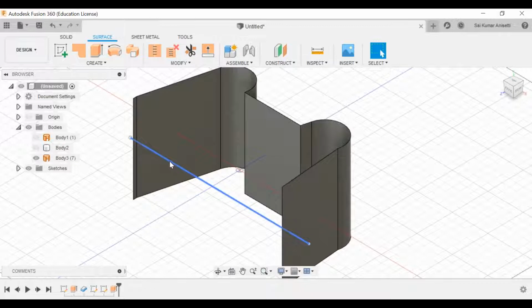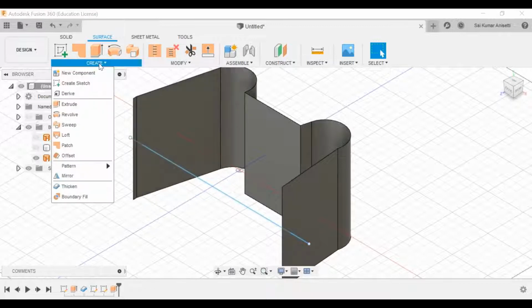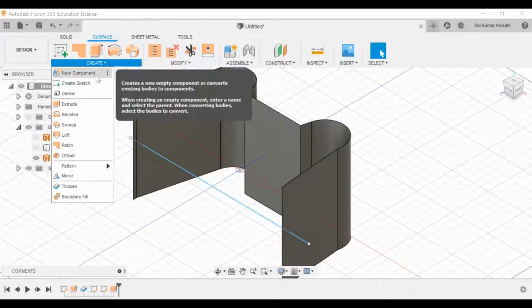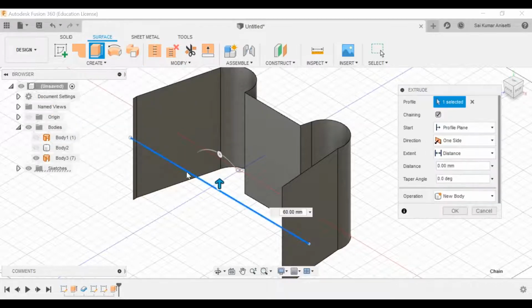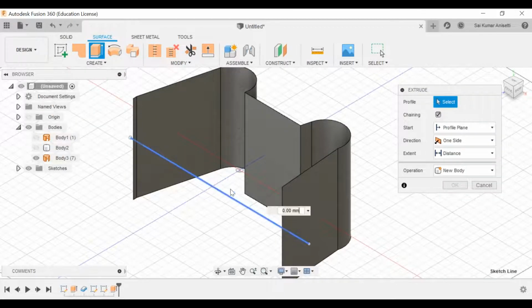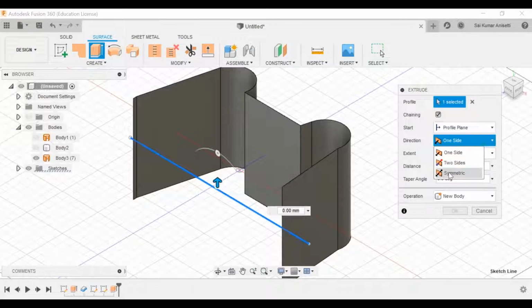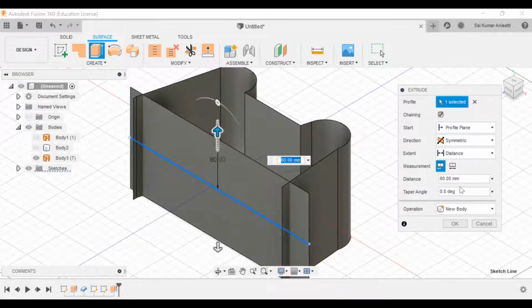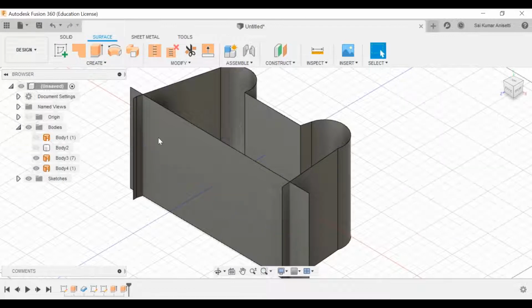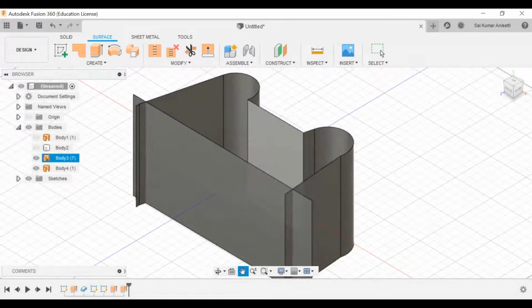Now I'll also extrude this one. Symmetric. Give the value as 60 or some random value. Click OK. So now I have these two surfaces.